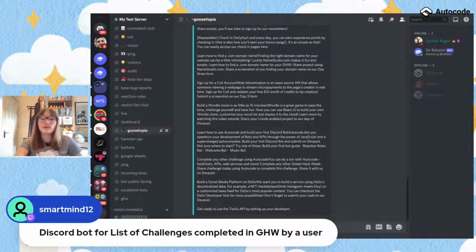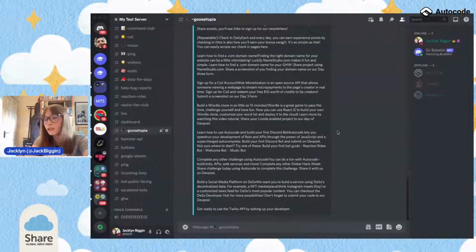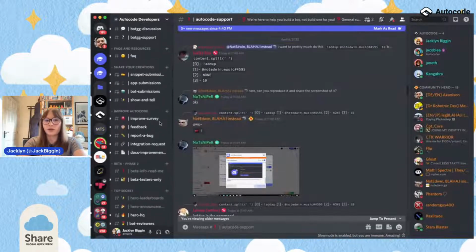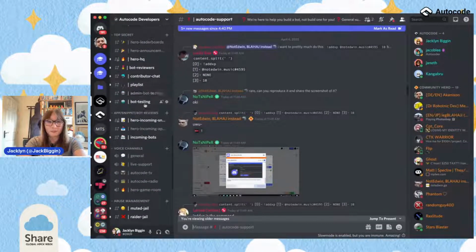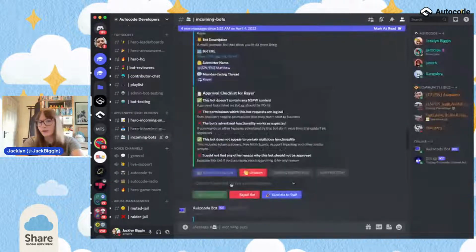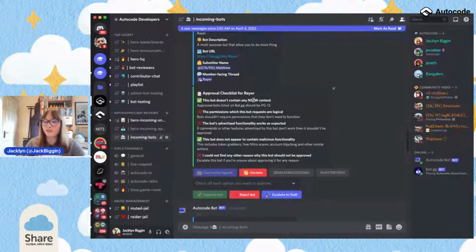But if you're creating something cool for your guild, you can always take it to the next step. And I can show you a cool thing on the Autocode server. I built this using Autocode. We have a bot review process, which I'm going to talk about in just a second. And this is all built using Autocode, where you've got drop-down menus, you've got claim and unclaim. So you could make a drop-down menu on your server where people can tick off as they complete each and every challenge, for example. And you could auto-populate that based on scraping the website. So yeah, you could definitely do that, Smart Mind, but getting it automatically is going to be pretty challenging.